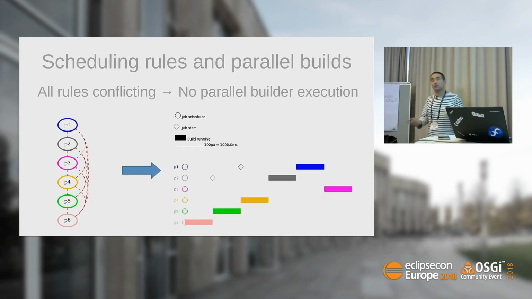So a note about scheduling rules and parallel builds. The relationship between them is obviously very strong. If we have all rules conflicting but still want parallel builds, then we get the strategy which consists in creating jobs and so on. But because of the scheduling rule, the build will not happen in parallel, because the scheduling rule says we are conflicting, we do not run in parallel. It's the design of scheduling rules. So it means that scheduling rules are honored with parallel builds. They are not just thrown away and ignored. It would be too dangerous.